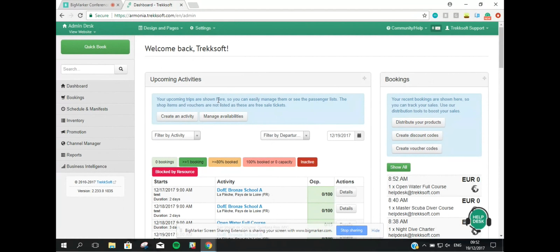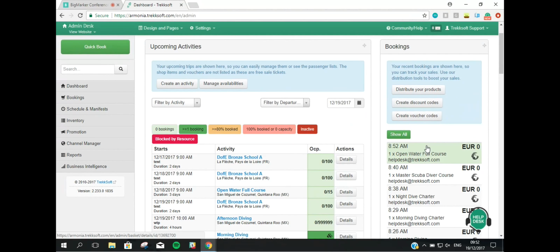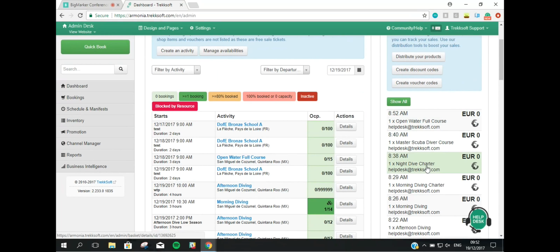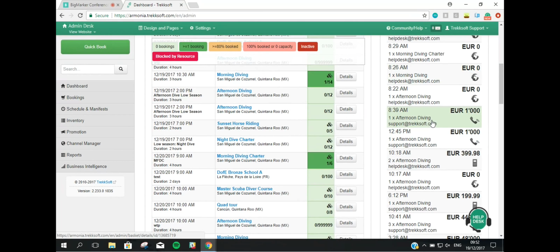Okay, so here is the dashboard that Lisa showed you as well. You go to the basket details. There are different ways of going to the basket details: through your guest manifest, or you can quick check your bookings in this little right-hand menu on your dashboard. So here's the latest booking. If you want to do a payment link for one of these bookings, simply click on one of them,